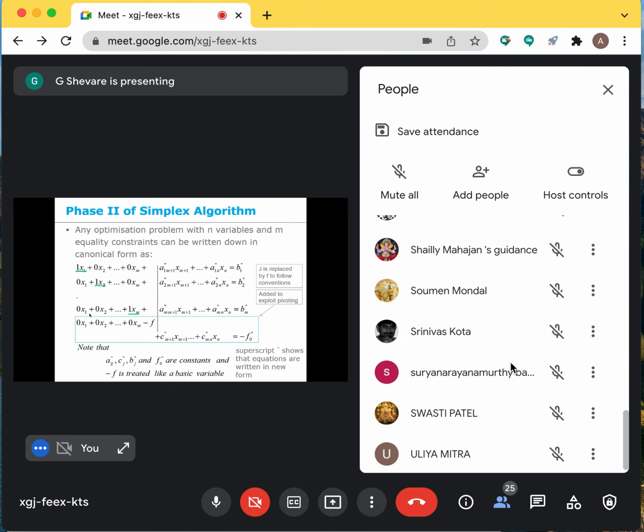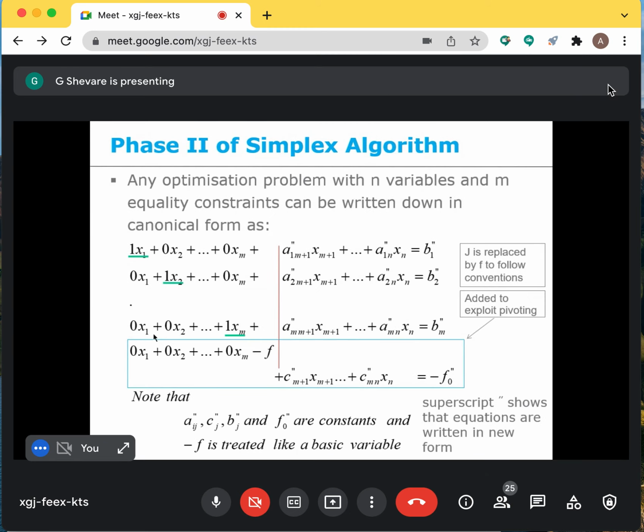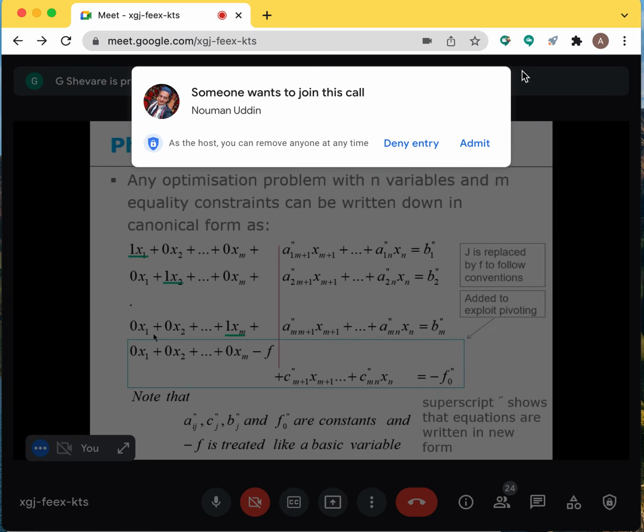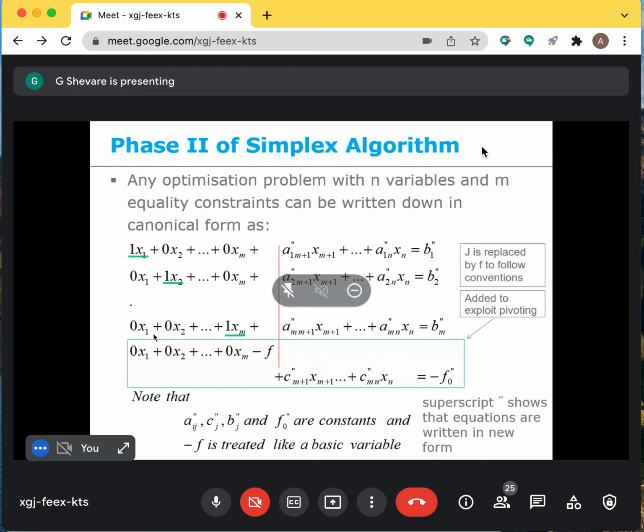Unfortunately, there are a lot of terminology and a lot of ideas which cannot be explained on a computer remotely. So pardon me if I am not able to communicate things very properly. Anyway, let's go to the third part of this talk. The third part starts with the simplex algorithm, the way it is required to be coded.